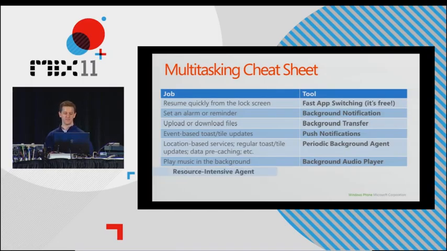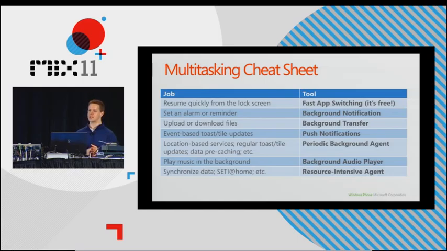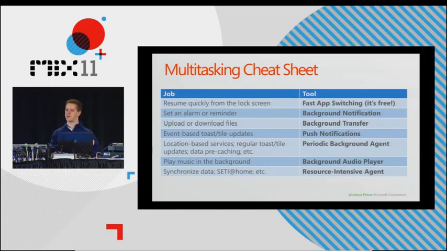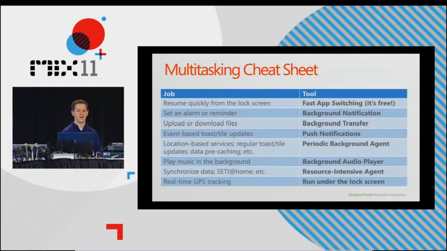If you want to do really, really heavy data crunching type things, like synchronizing a big database or SETI at home number crunching, use a resource-intensive agent. Kind of as I showed you, it's essentially the same as a background agent for periodic. You just use a different type name. And then finally, the only thing that you should really run under the lock screen for anymore is real-time GPS tracking. Now, pretty much every other scenario we think we have covered in these other scenarios with the background agents